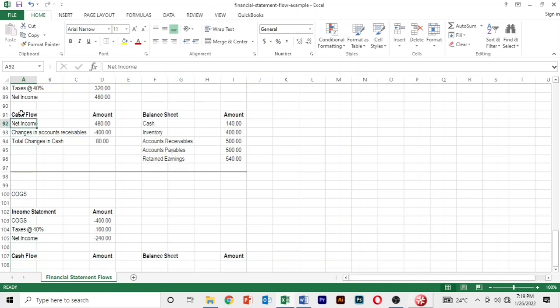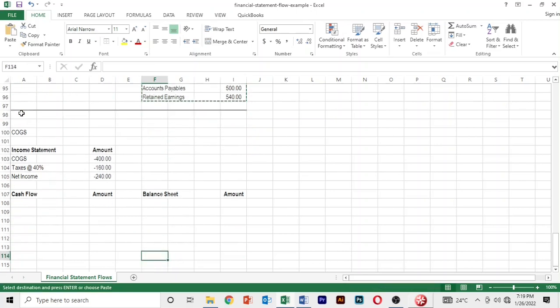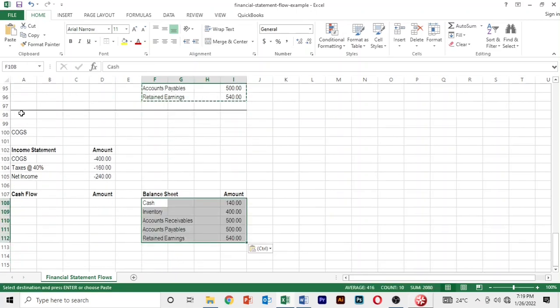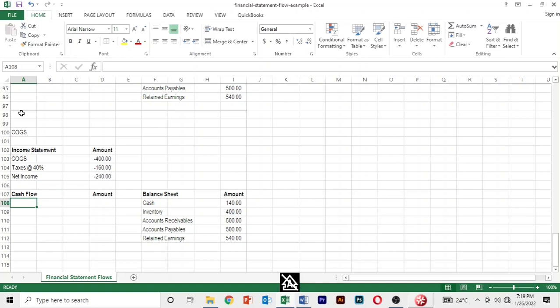Then once we do that, we have to go back again and copy everything here, and then here we have to paste that, right? So once we do that, then we have to start here with net income,